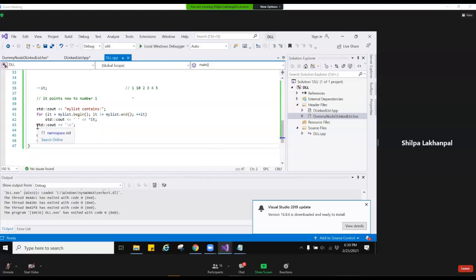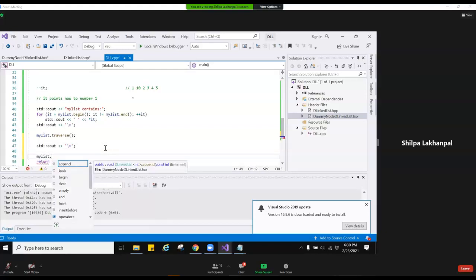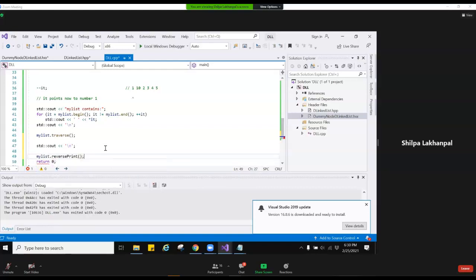Let me call the reverse print function, and let me run it.